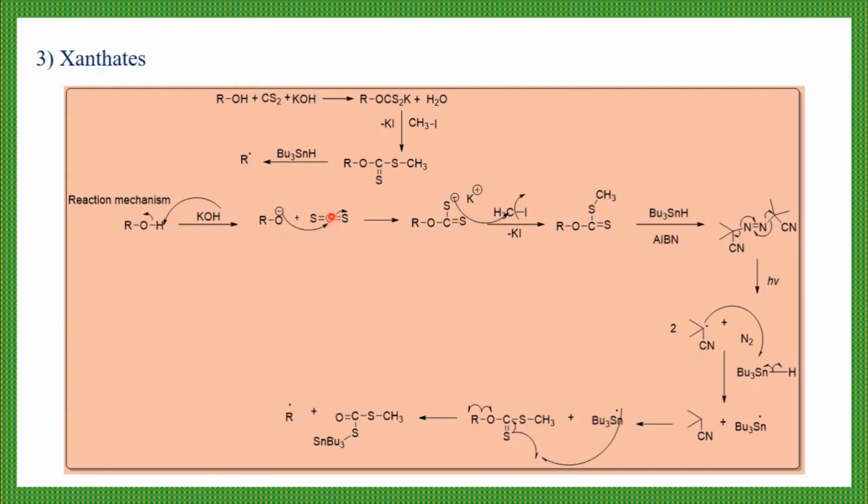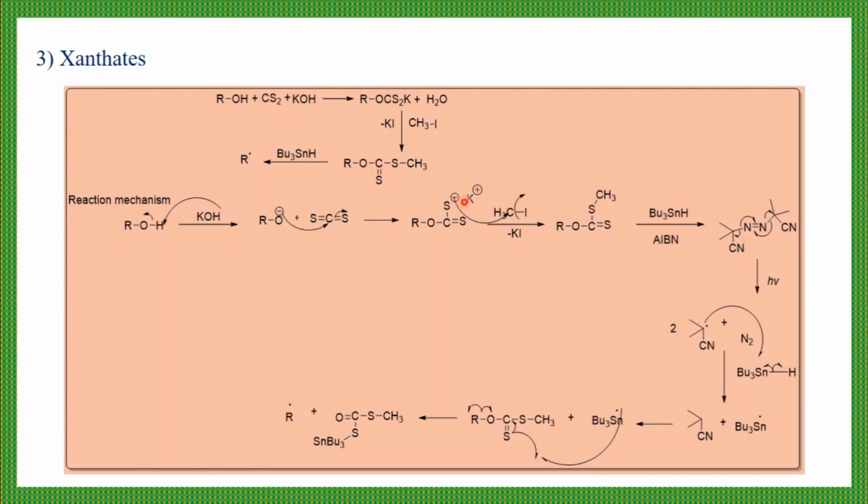the bond pair shifts onto sulfur. So we are writing that bond pair in negative form. So there will be a negative charge in the next structure, and the oxygen will form the bond, and there is a negative charge on sulfur. So this is your R, O, C double bond S and S minus. Now this S minus, the negative charge, is alone, so it will be with your K plus.